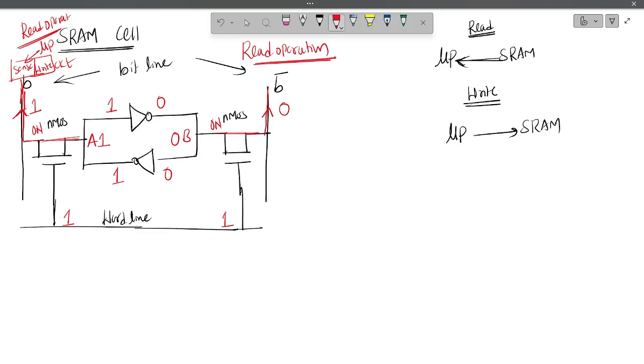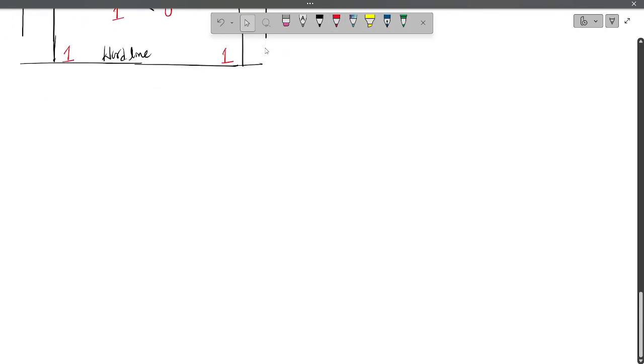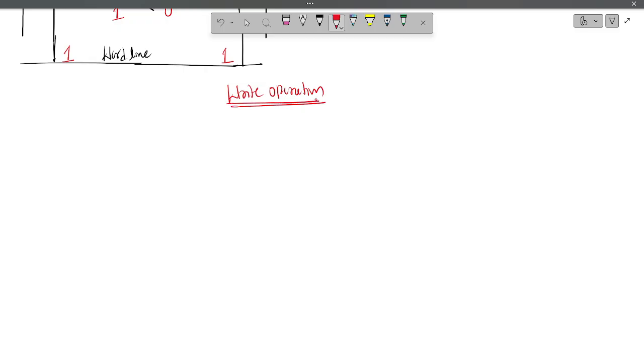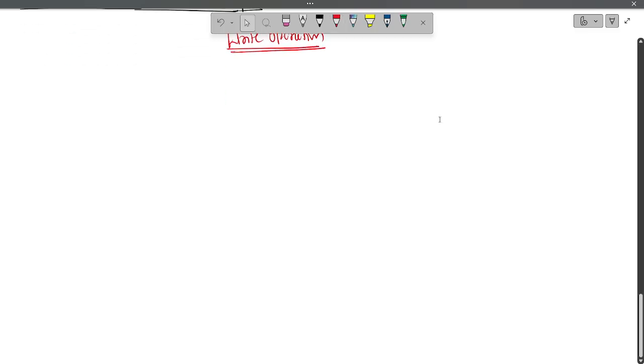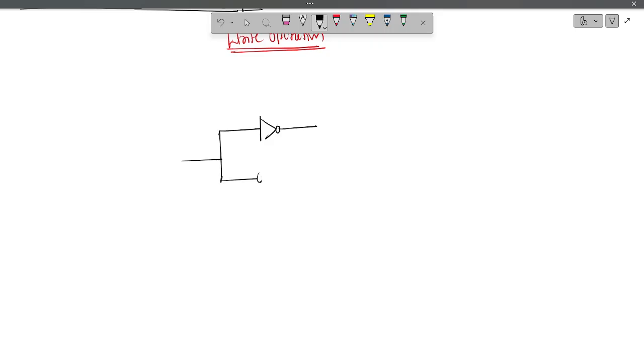Read operation. Okay. Next I will tell you the write operation. If you see the write operation, once again I am drawing this circuit. So you have two inverters connected back to back, and two pass transistors are there,